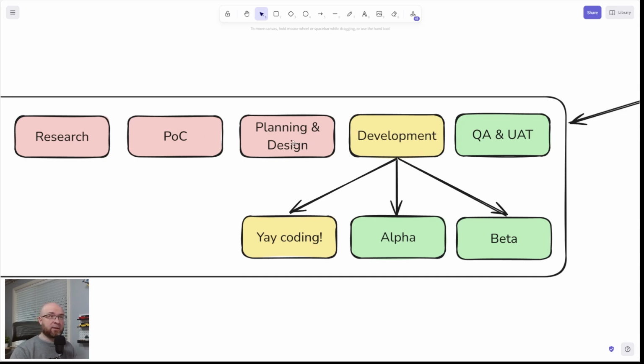Let's say investors are like, all right, here's 10 million, go to town. Well, you're going to start planning and design at that point. You're not going to be writing any code just yet. And finally, once you have a rough sketch of what your product's going to be, you're going to start development. During development, you're going to want to start writing tests because you're going to be coding. So we'll cover which tests in the next section, but this is the point where tests come in: unit tests, integration tests, and so on.